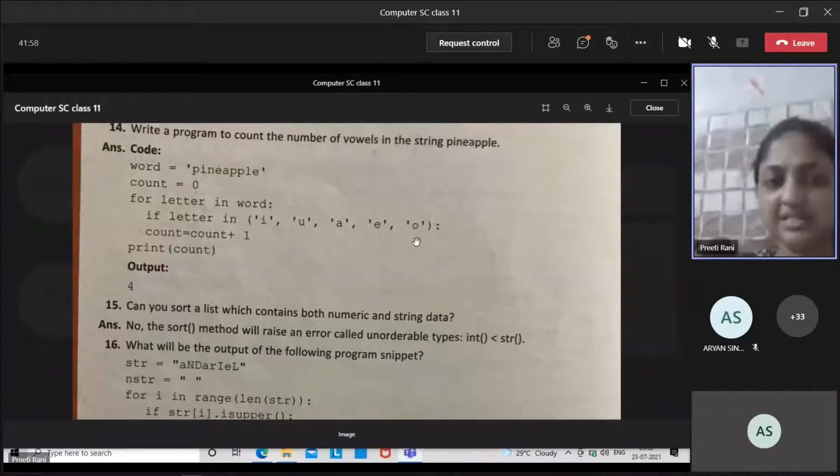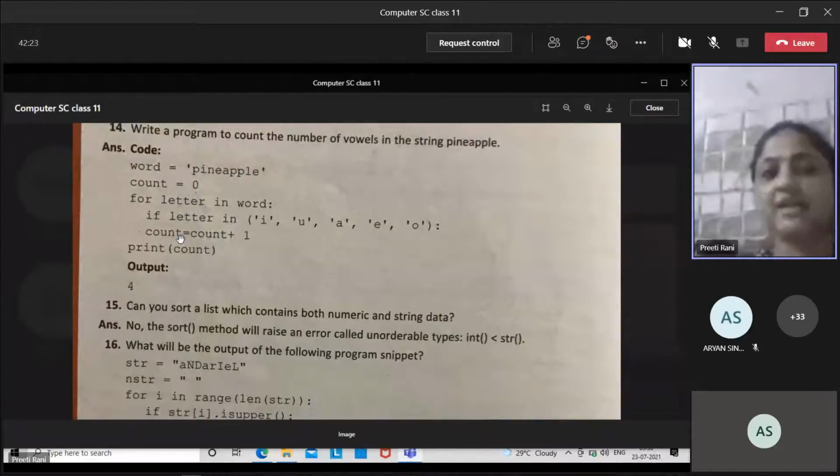If it is matching with this letter, what is the value, first value of the letter in the word? 0. At the 0 place, what is there? P. It is P. P is in the given list? No. P is not here, so it will not count. Okay, go to the next portion. I. I is there? Yes, I is there. Count में count plus.